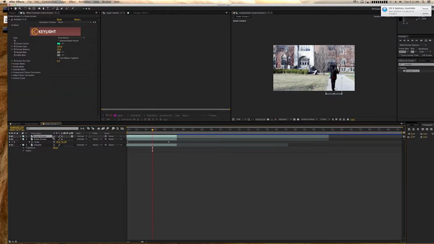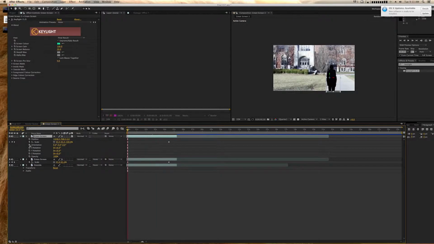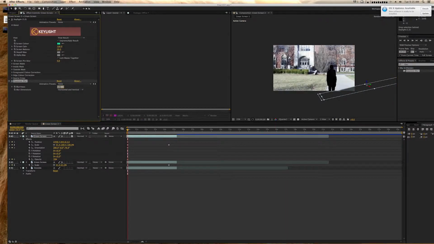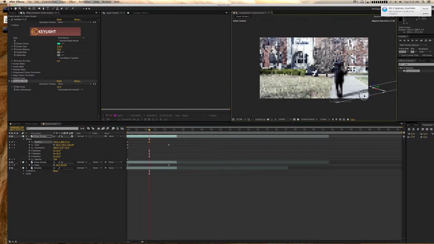Then we need to make a shadow because it's broad daylight and there's shadows. So you duplicate the layer, you make it a little opaque, you add a Gaussian blur to it, and you skew it and then adjust as you walk. These are all little minor adjustments that you'll have to do by yourself to make it look right. I did this very quickly so it doesn't look very good in my video. It was just to add a little bit to the scene and make the effect stick,